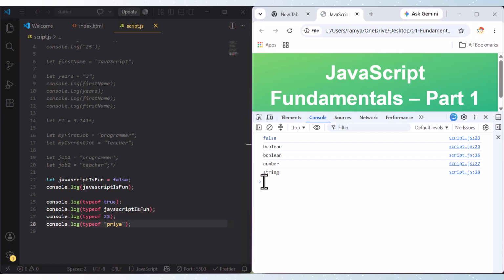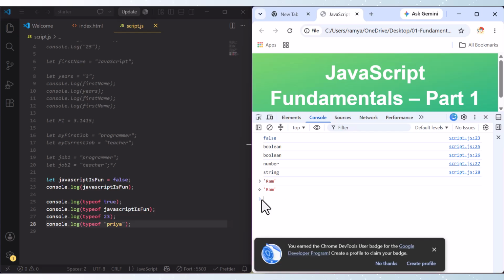I will show you in console once again. In double quotes or single quotes. I'm using now single quotes. Ram. Okay, see. And I'm using here double quotes. And again I'm using here double quote